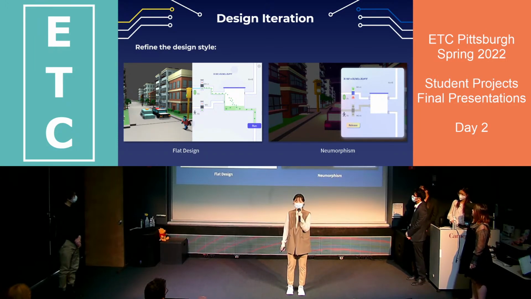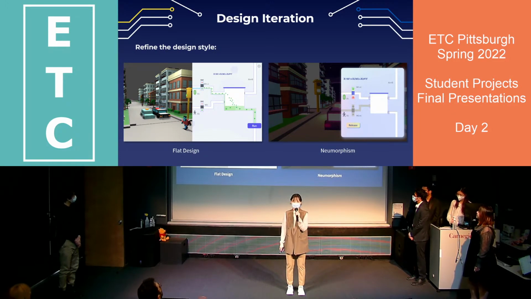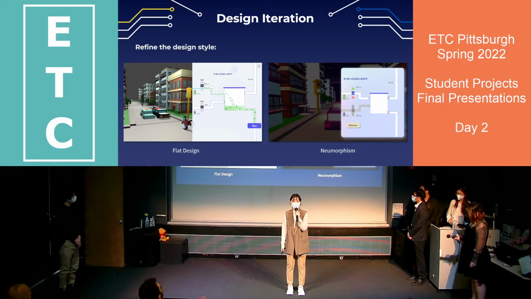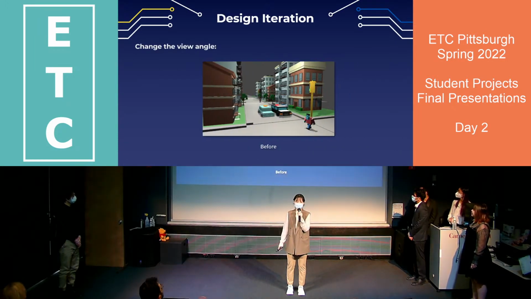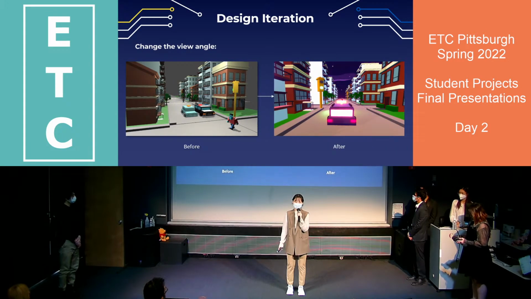So we used neumorphism. This kind of style combines the colors, shapes, gradients, shadows, and highlights all together to ensure graphic intense buttons and switches. All this allows achieving a soft extruded plastic look and almost 3D style. We also changed the view angle because we want the players to think that they are playing as an AI, not just watching AI perform actions in the game. We want the players to be more immersed in the game.